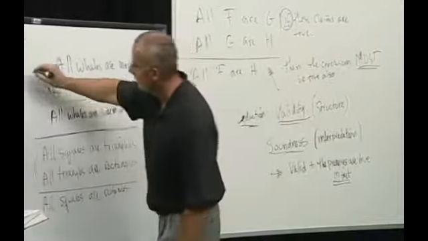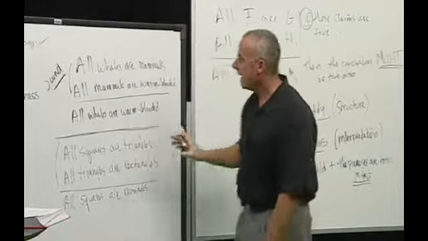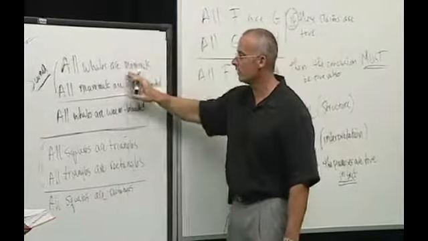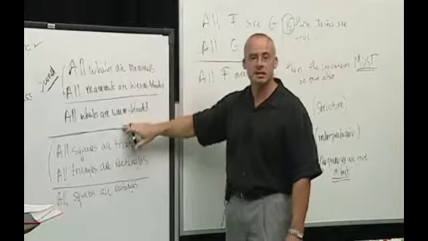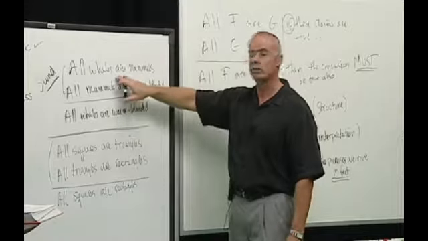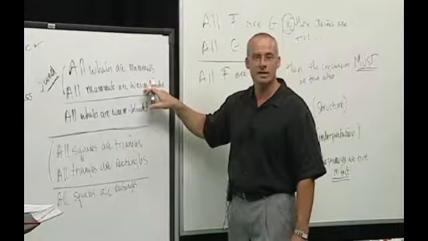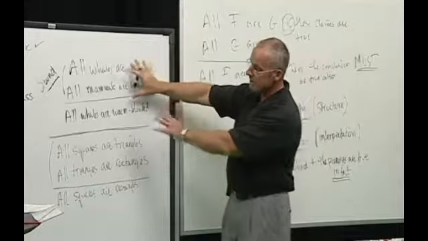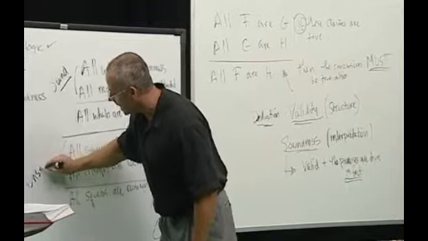But we distinguish this as a good argument from this as a poor argument, because this one is sound. Let me write that here. This argument is sound, which means it's valid, and when we plug in the terms whales and mammals and warm-blooded things for F, G, and H, we get true statements in the real world, because lo and behold, whales are mammals and mammals are warm-blooded things. So the difference between that argument and this one is that this is what we call unsound.